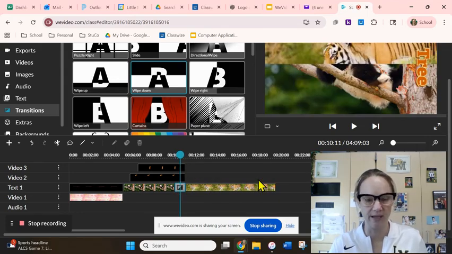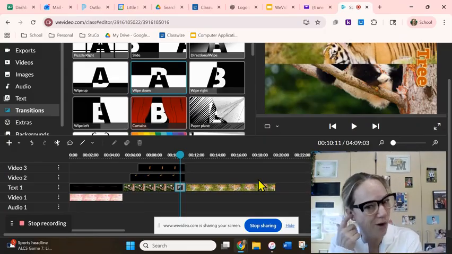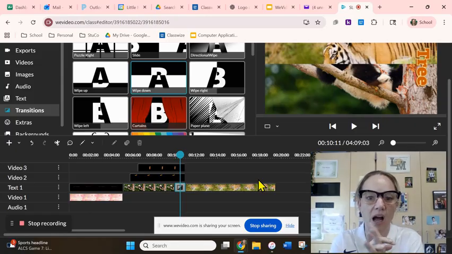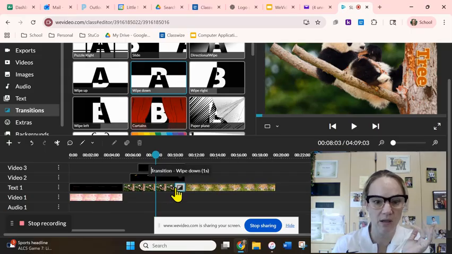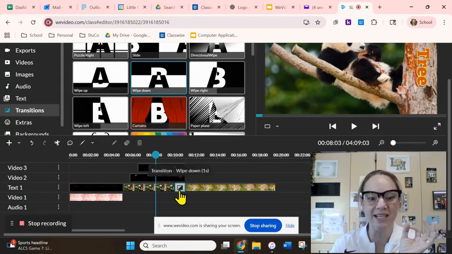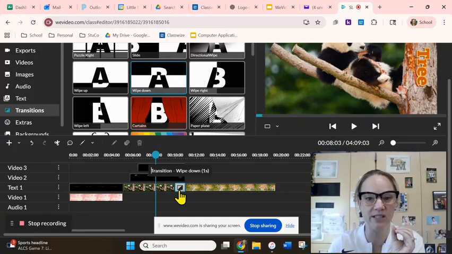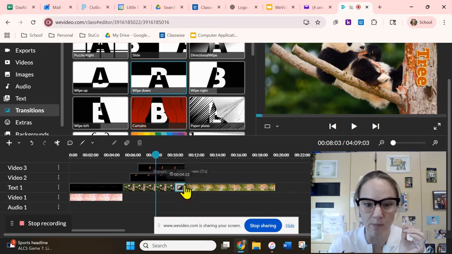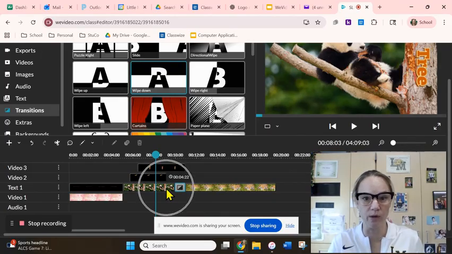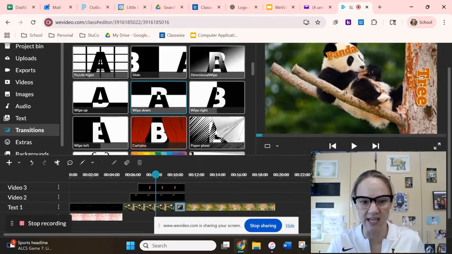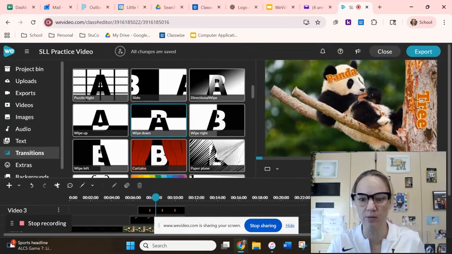Now, here's the thing. I have a love-hate relationship with transitions because a transition by default, I believe, takes up 1 second of time. Because it has to attach to the back of a clip or the front of a clip or between two, when it attaches, it actually takes up some of that clip. I like them because they're cool, but they can really affect your timing. I had it all timed up perfectly here, but notice when I attached it, this clip is now a little shorter. So let's see if it really affects my video much. When I hit play,